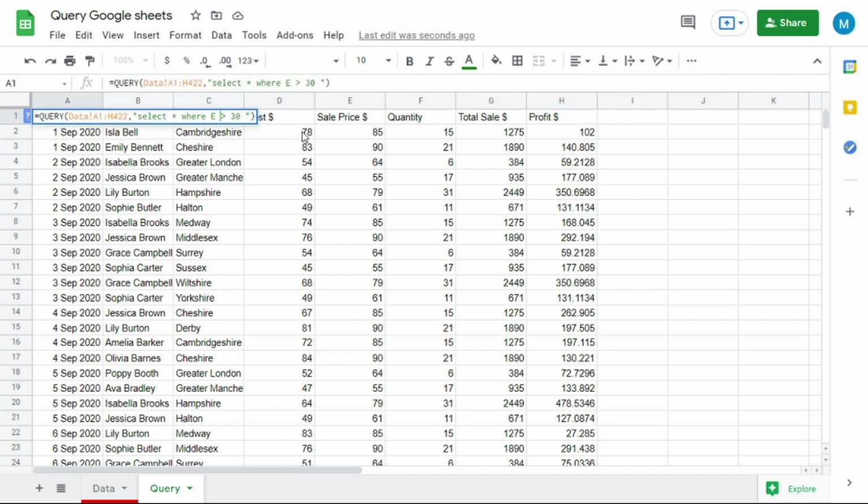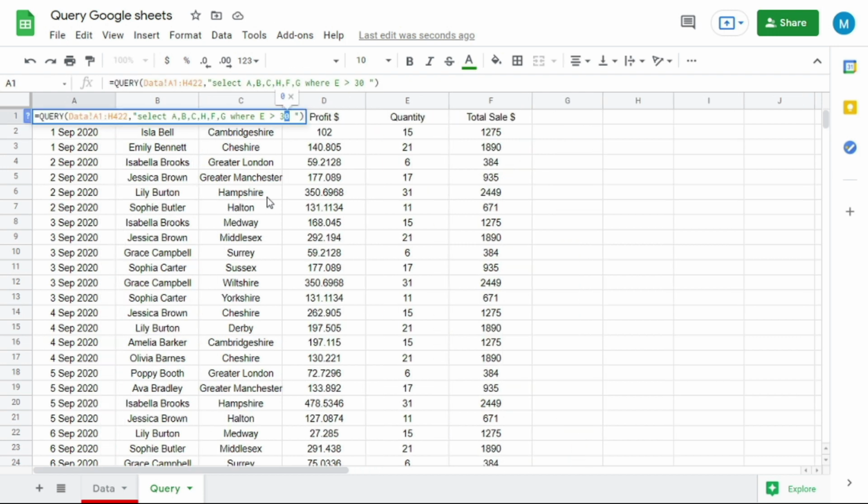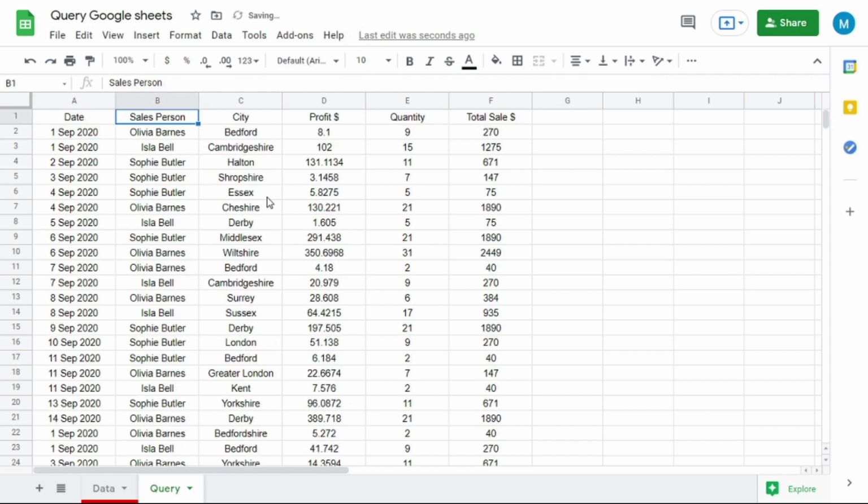We can also change the sequence of the output columns as per our requirement. Also we can add different criteria with the OR operator and also differentiate the criteria with the AND operator. Let me show you how the OR operator and the AND operator work. Here I am just extracting the information of only 3 people with the OR operator. Hit enter and see the results. Yes, you can see that we only have the details of the 3 people which we have mentioned in the criteria.